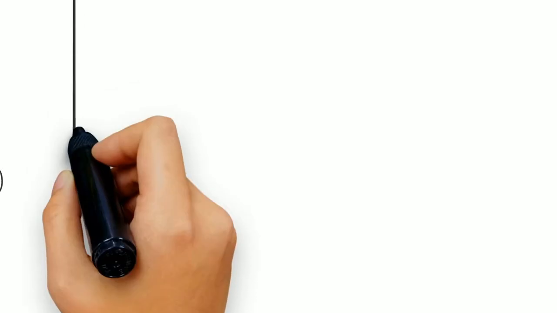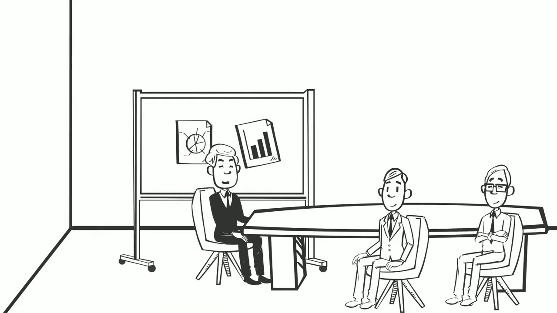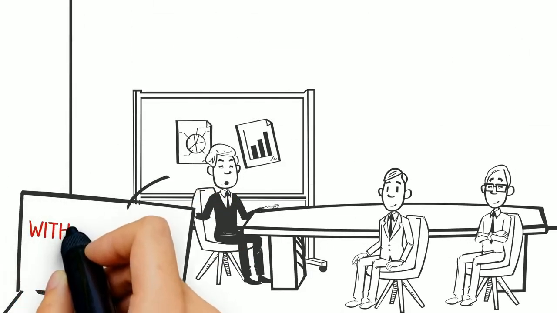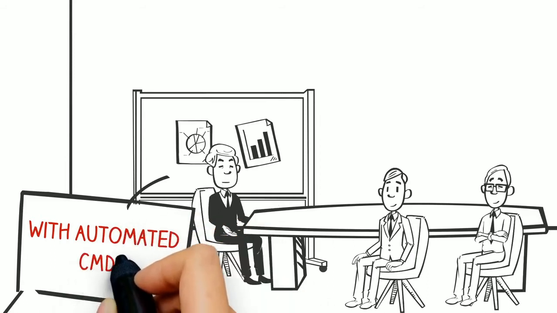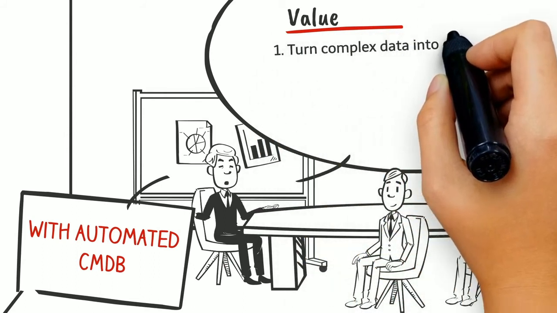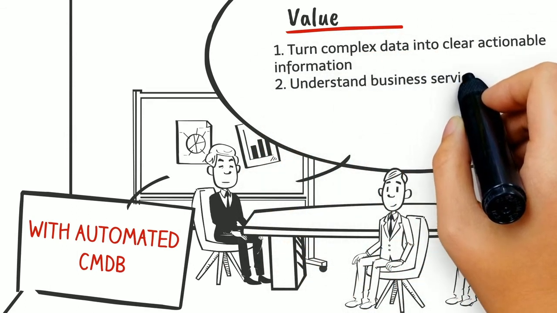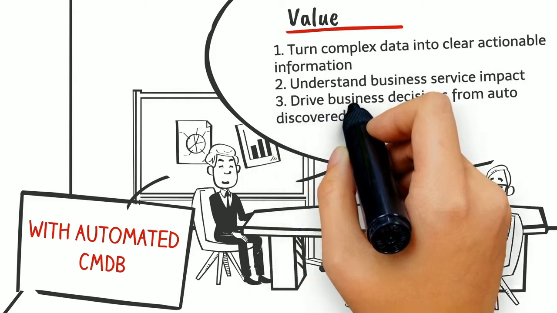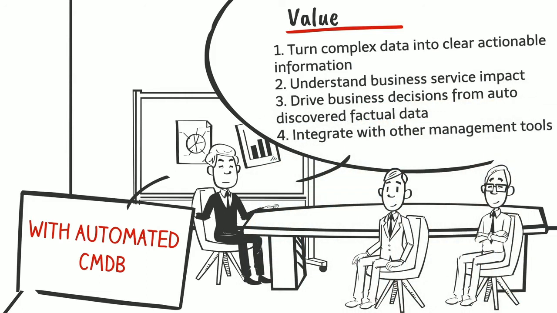With the help of an automated CMDB, your IT infrastructure configuration changes into reliable, actionable information that can be used by all departments. From a business service perspective, your organization has a full and accurate picture of dependencies between applications, yielding a better understanding of the business service impact. Through auto discovery, you always have an accurate picture of your environment, which helps you drive better business decisions. By integrating your automated CMDB with other management tools, all groups and departments become synchronized with the same version of